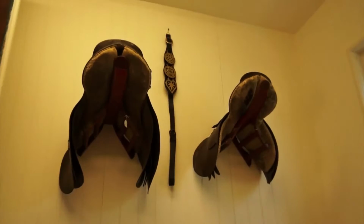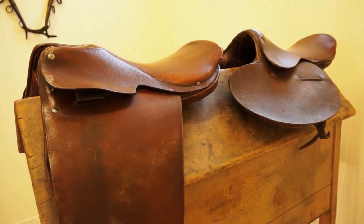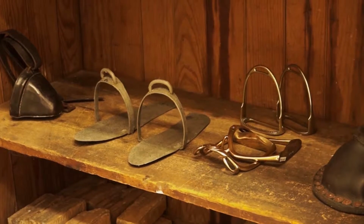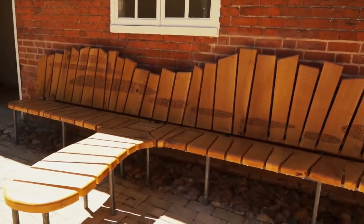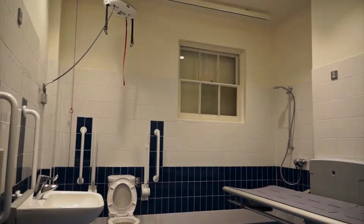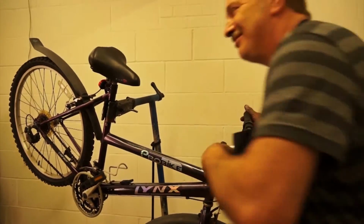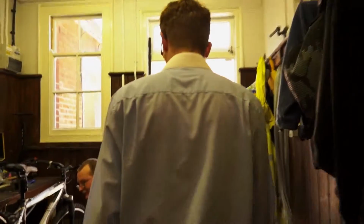Now, the tack room was where the groomsmen and the stable boys stored all the saddles, etc. for the Cobbolds' horses. We'll go back out into the courtyard, a newly bespoke made bench from an oak that was out of the park, and new toilet suites in the corridor there. And this area is for the Green Bike project. They recycle bikes and the guys redo them. If we go back into the courtyard,